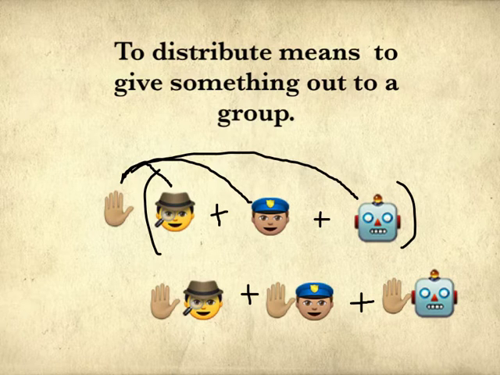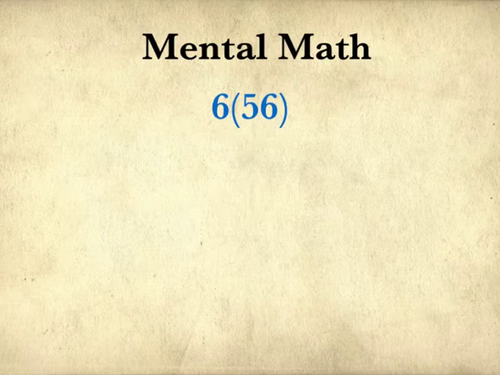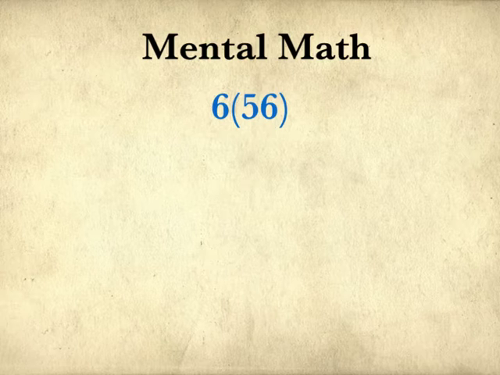Notice that every term within our group here, everyone gets a high five. There's now 3 high fives because there were 3 terms. You always want to make sure that you are distributing what is outside your parentheses to each item inside the parentheses. To use the distributive property for mental math, all we need to do is take our traditional math problem,